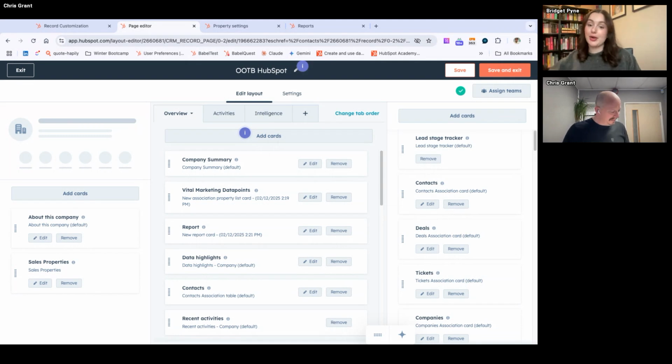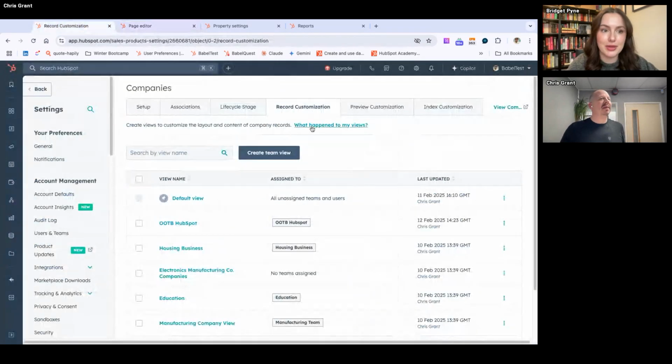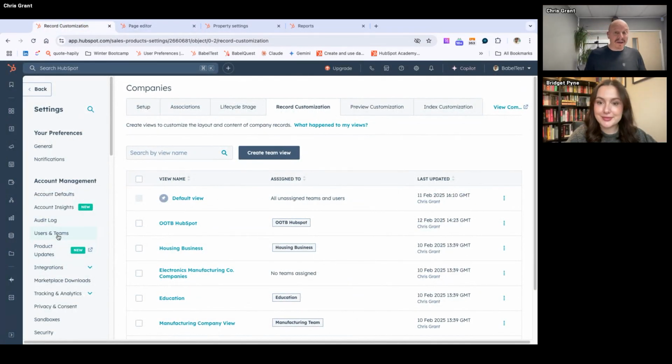And I know a lot of times, Chris, you mention when you start working with a customer or a HubSpot user that they don't have their table stakes apps turned on, like the calendars and the email integrations and all of that. So let's run through that for people that don't. Yeah, absolutely. Table stakes are integrating your email, integrating your calendar, if you can, having the Chrome extension, making sure that you can access everything.